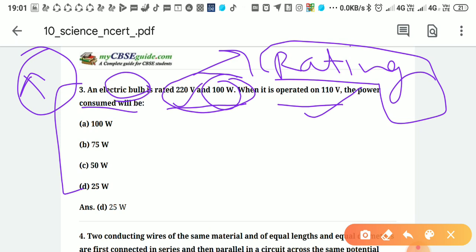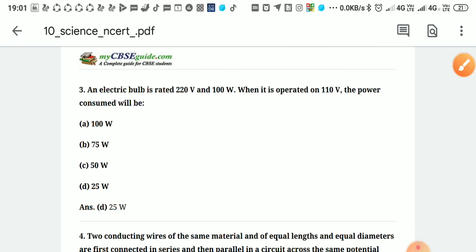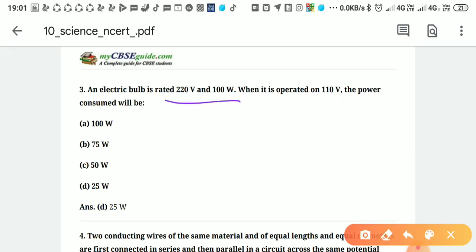Then we will do one thing. We are getting this bulb. At first we will find the resistance of this bulb. What is the resistance of this bulb? This will always be our first work. At first we will find the resistance of this bulb, or the resistance of any item which we are buying from the shopkeeper, or any electrical appliance, because electric resistance does not vary when I am using it with another voltage, it doesn't matter. So at first I will find the resistance of this bulb.